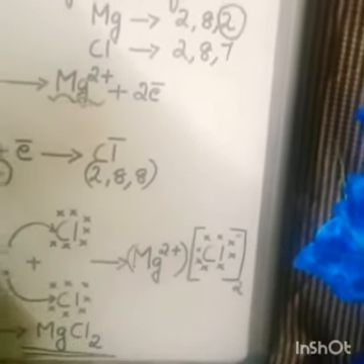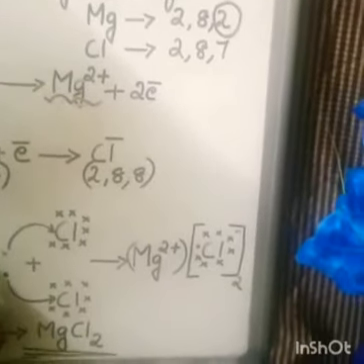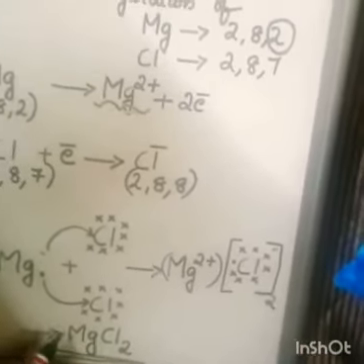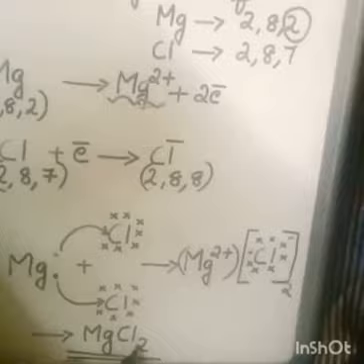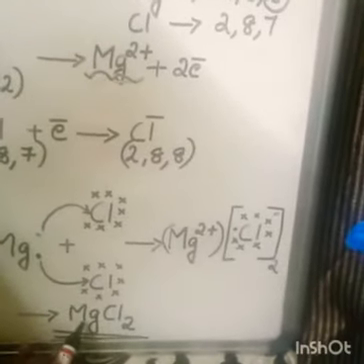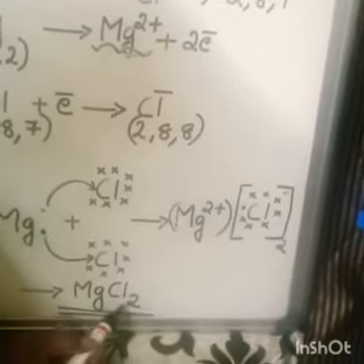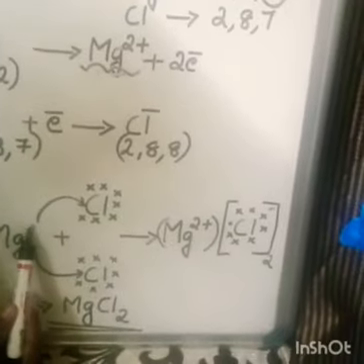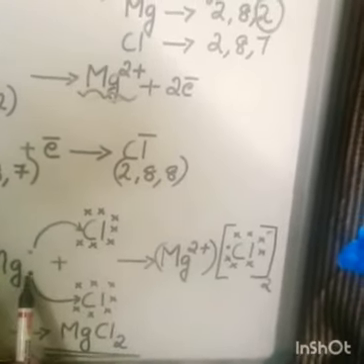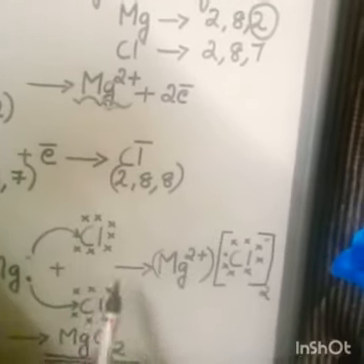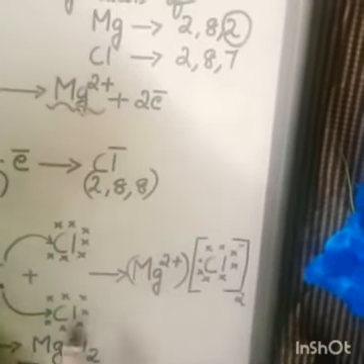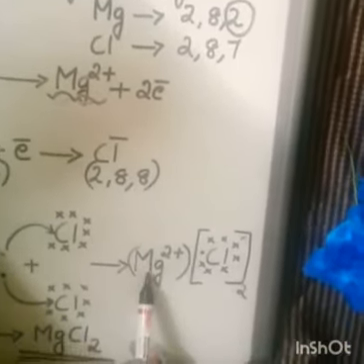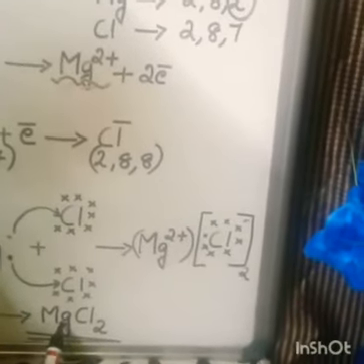We have studied valency. Magnesium's valency is 2, chlorine's valency is 1. By crossing, as you studied, we get the formula MgCl2. What is the meaning of this? That is, 1 magnesium atom and 2 chlorine atoms are there. With 2 chlorine atoms, 1 electron can be shared to 1 chlorine and the other can be shared to the second chlorine atom, and it will become a compound. That is, Mg2 plus and Cl minus, 2 chlorine atoms join with 1 magnesium atom to give the compound MgCl2.